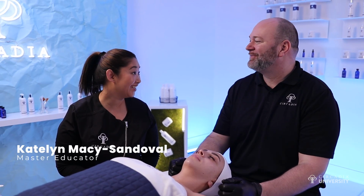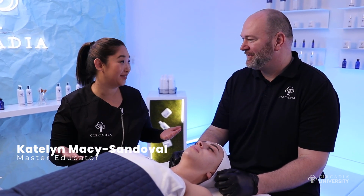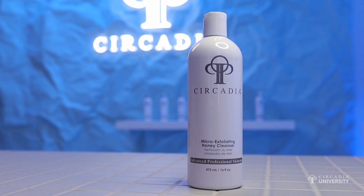Our number one selling cleanser, and probably number one selling product in general, is the Micro-Exfoliating cleanser. Yeah, definitely a fan favorite for home care use. We use it frequently in the treatment room as well. One of the main attractions that we have here is the fact that our manual exfoliant in this product is